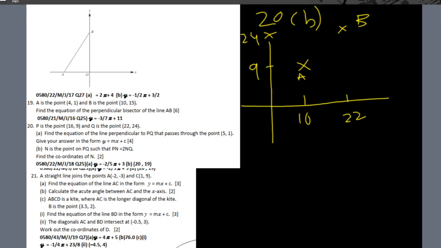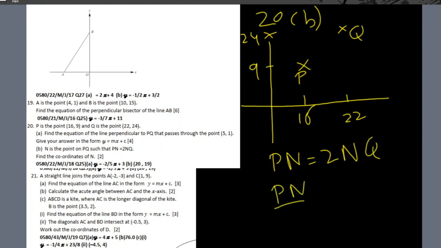So P is (16, 9) and Q is (22, 24). N is the point on PQ such that PN equals 2NQ, which means PN over NQ equals 2 over 1. So this point will be further away from P,